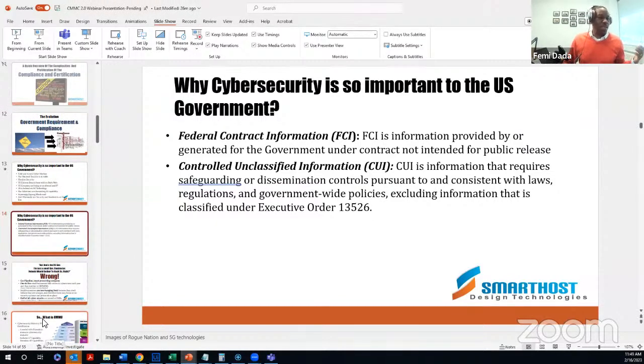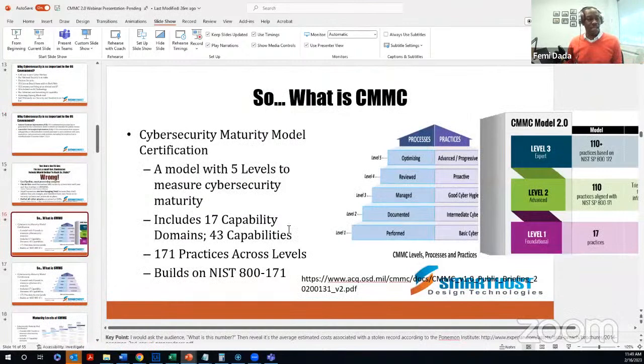So that brings me to my next slide. What is CMMC? Initially, my slide is even dated. CMMC came out, or it's still not fully out yet, with five maturity levels, which are level 1, level 2, up to level 5, as you can see on the screen. Each level has its unique controls and requirements that you need to fulfill to certify that level.